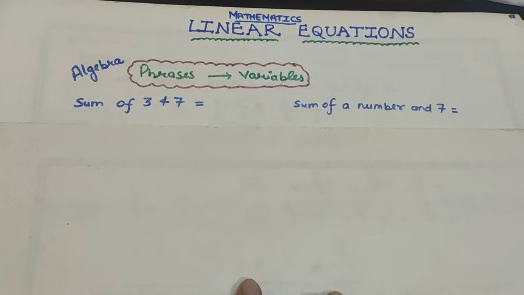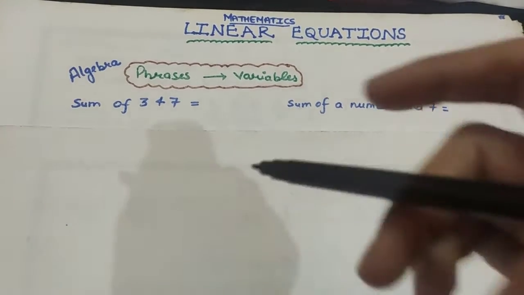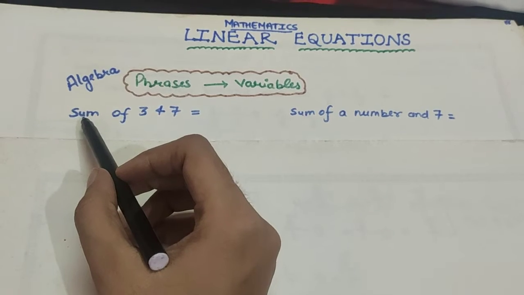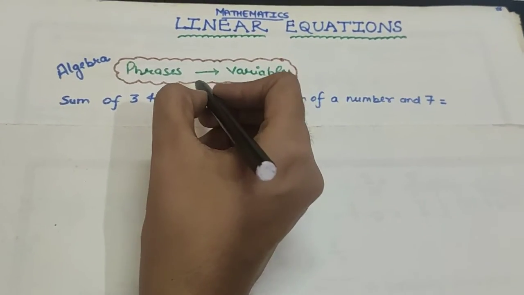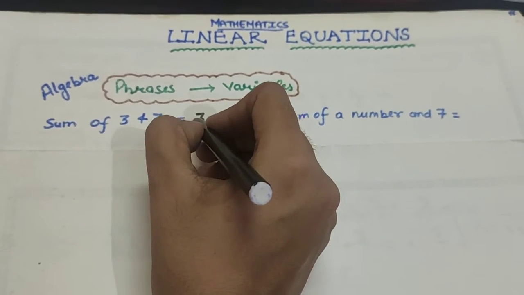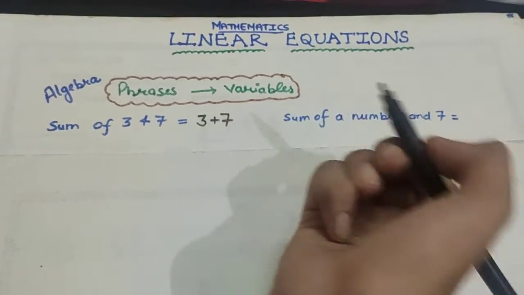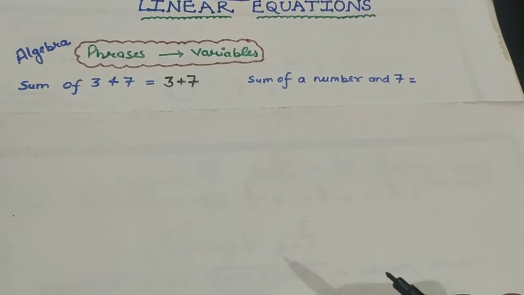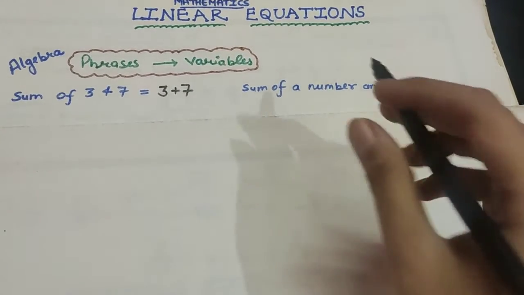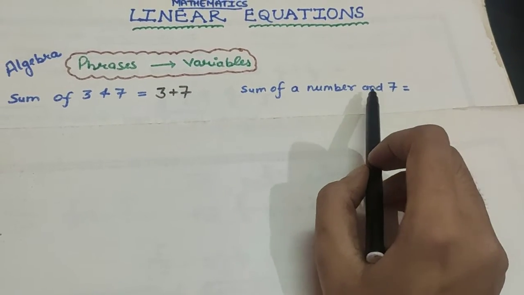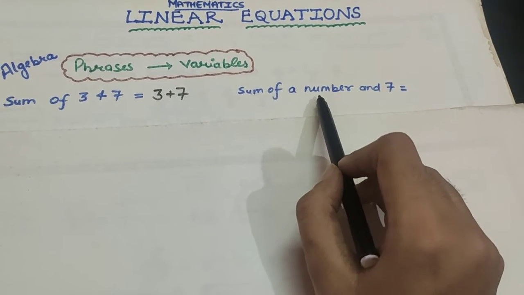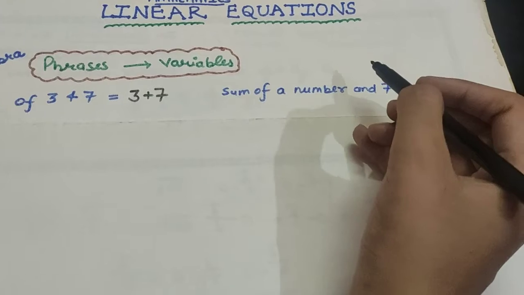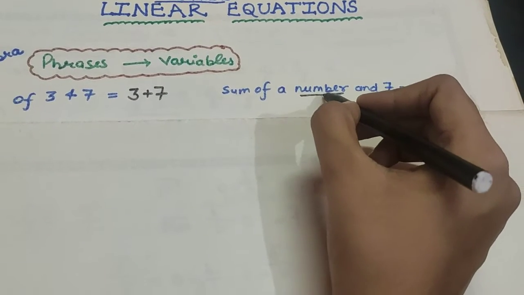For example, if you have two phrases like this, if you have to write down the sum of 3 and 7, how will you write it? You will write it as 3 plus 7, right? And look at the second phrase. If you have to write down the sum of a number and 7, well, here the number is not specified. That means this is an unknown